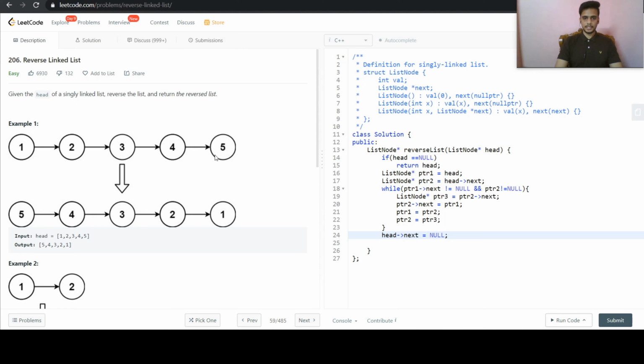So we made ptr2's next to 4, and then we made ptr1 this one, and ptr2 null. So this will complete all of ours. At the end, what we need to do is return ptr1.